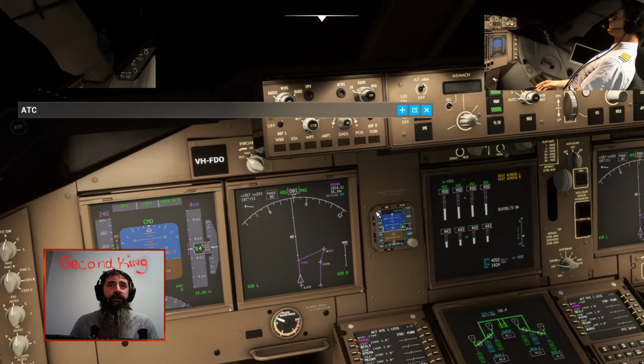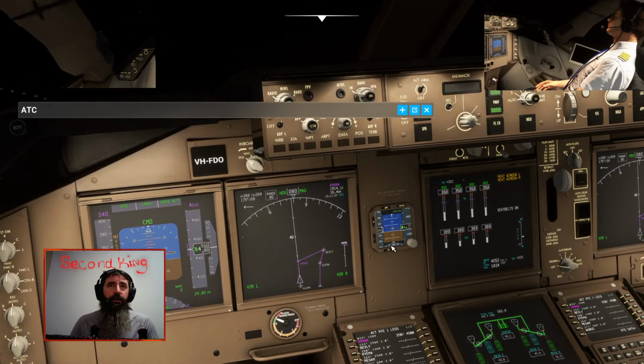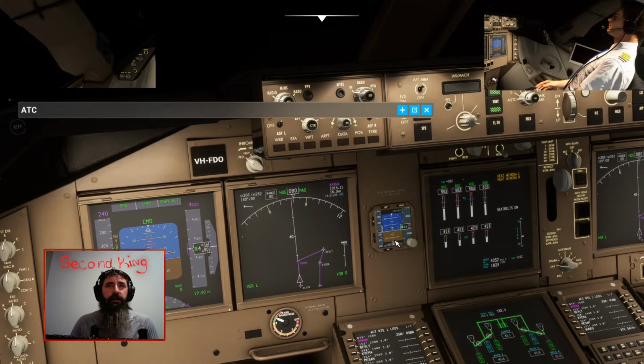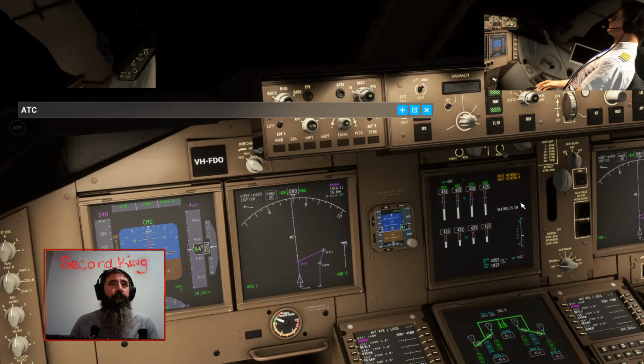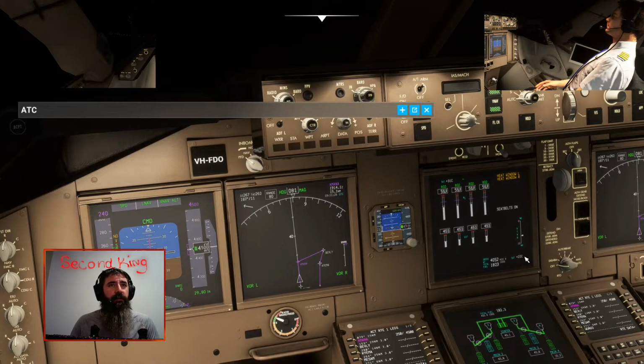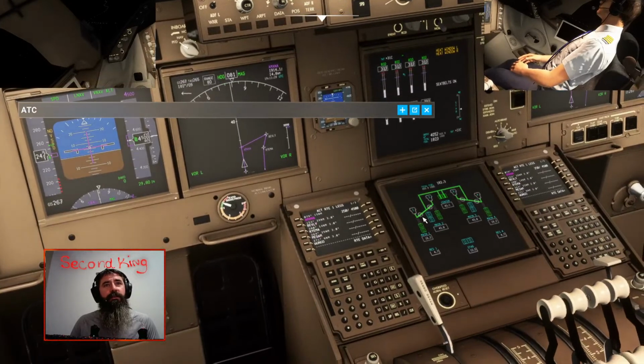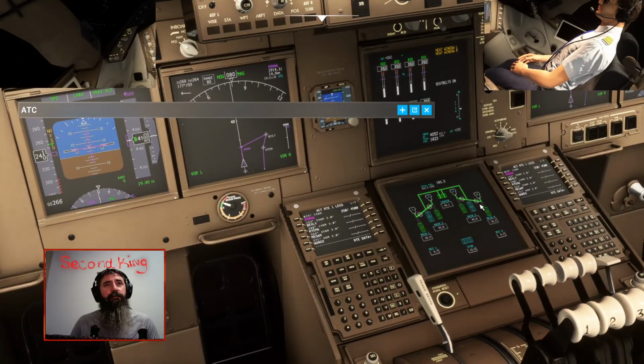fluctuating. Here's our backup instrument. So if everything else goes out, this should remain working. We've got speed, altitude and horizontal situation. Here's our engine panel. This is the number 1 compressor on all 4 engines. This is the exhaust gas temperature for all 4 engines. This is our slats. Here's our fuels. Here's our outside air temperature. Here's our hydraulic and fuel panel.